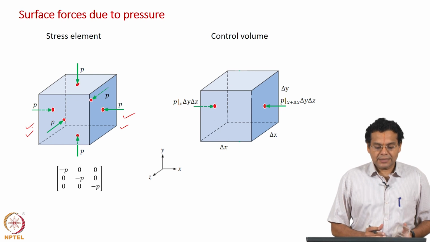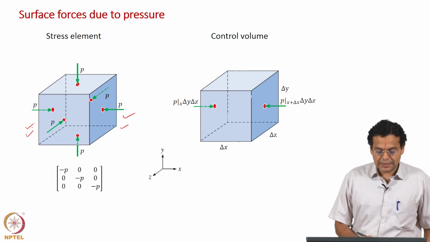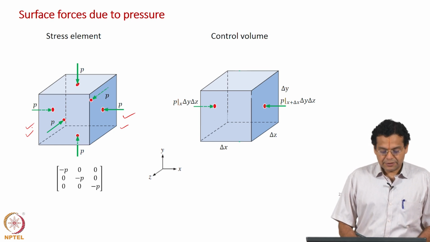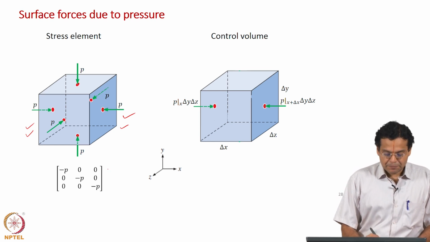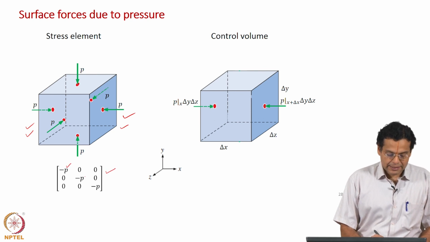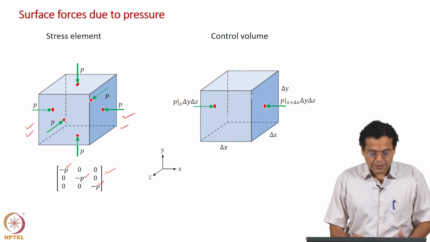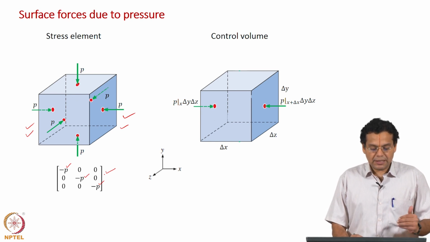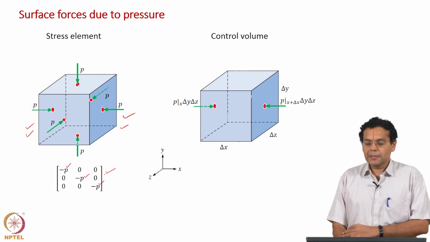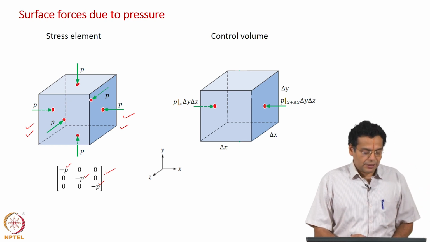We also discussed that in this case we are representing the case of hydrostatic stress. For the hydrostatic condition the stress tensor is diagonal, and we have only the diagonal elements, and those diagonal elements are the pressure, and because it is pressure it is negative. So, we have all the diagonal elements as minus p. Our stress element should represent this hydrostatic stress tensor. Let us see how we do that.